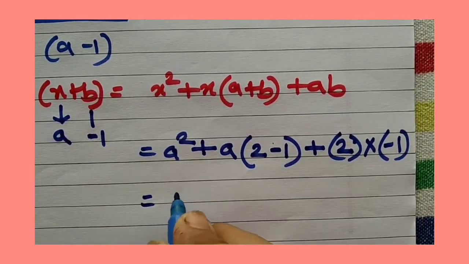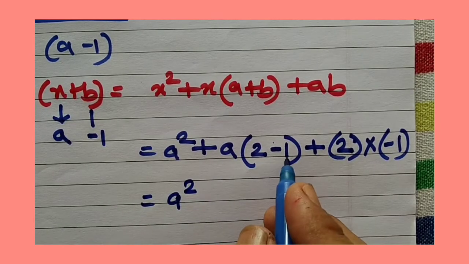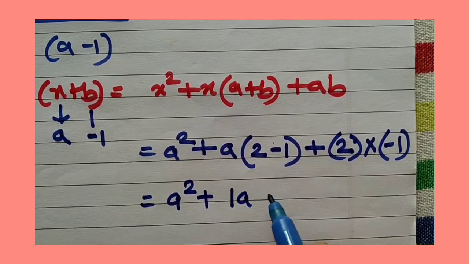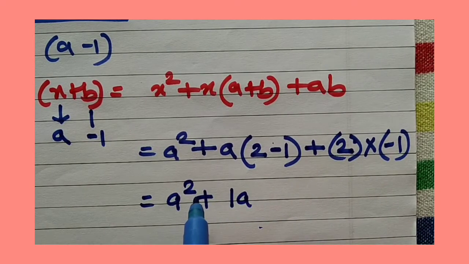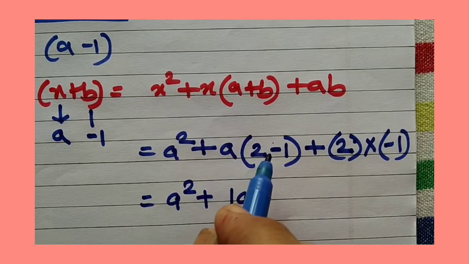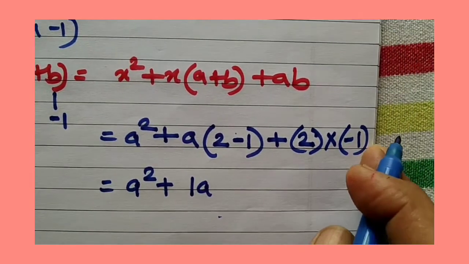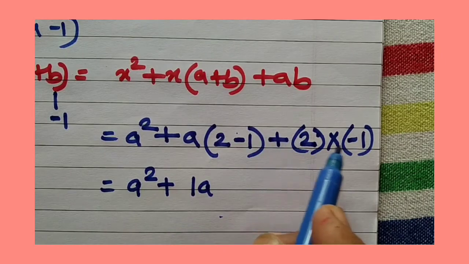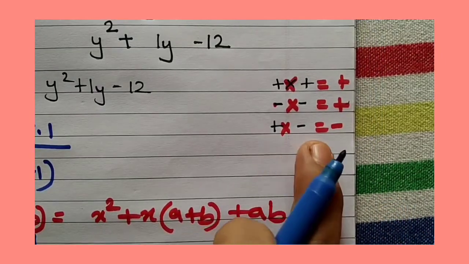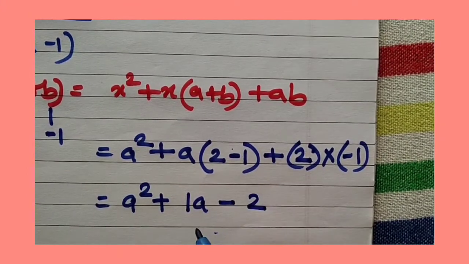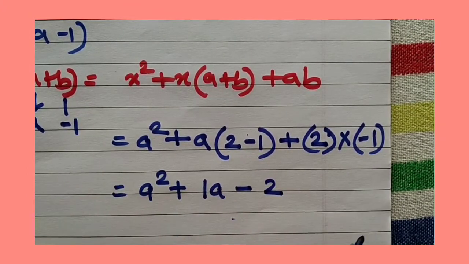Here what we'll get? A square. 2 minus 1 will give me again 1a. Now again see here, first don't put a sign over here. First see what sign you are going to get when you open the bracket and then put the sign. Always remember that. Here 2 minus 1 is 1, so the sign is not going to change. But here, because there is a minus sign, this plus into minus, as I showed you, two different signs are getting multiplied, so the answer will be minus. So you will get here minus 2. I hope you have understood this.